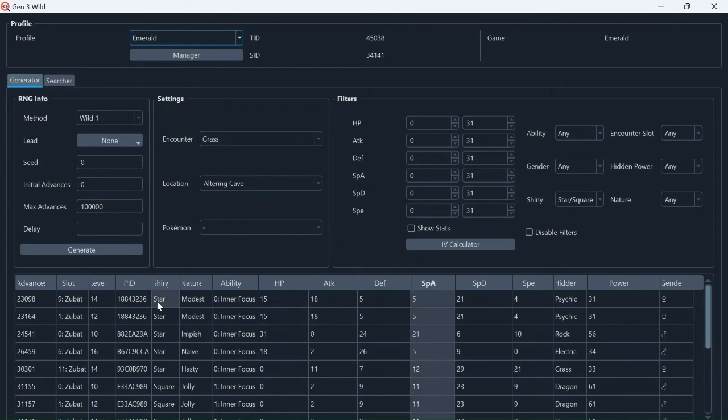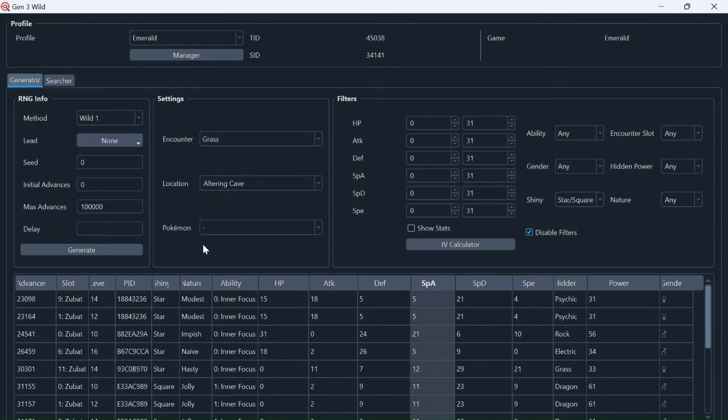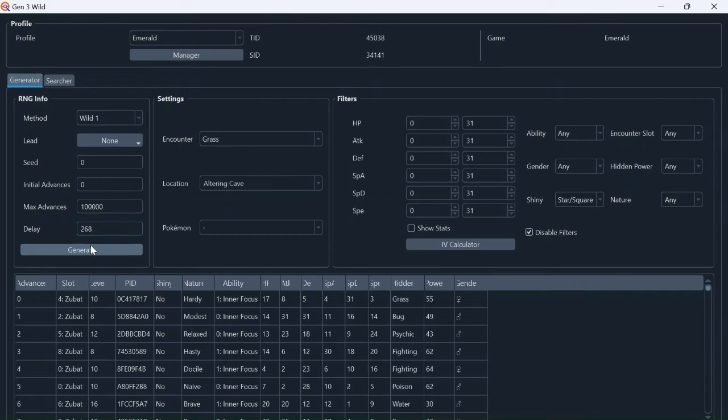So now that we got that out of the way, basically what I wanted to go over was to tell you guys that once you are sweet scenting and you're inside a cave, your delay is going to be 268 frames. So you put in 268 frames, then you'll see on the advances, when I hit generate, it is going to lower down a little bit. Oh, I forgot to...